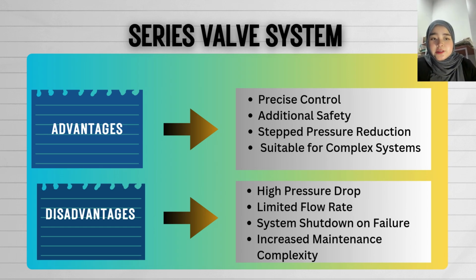And number 3 is system shutdown and failure. It's because if one valve in series fails or malfunctions, the entire system may stop functioning because the flow is completely blocked. And lastly